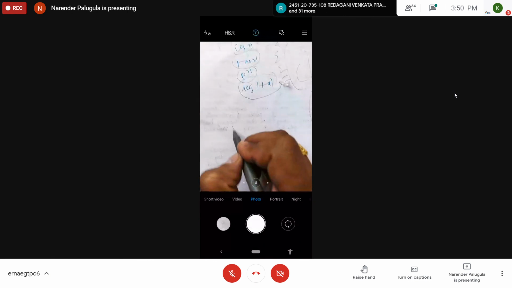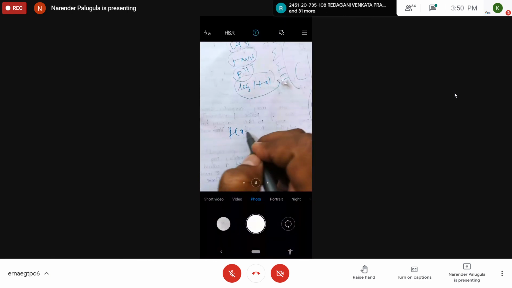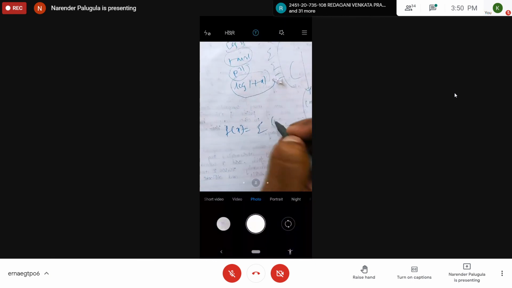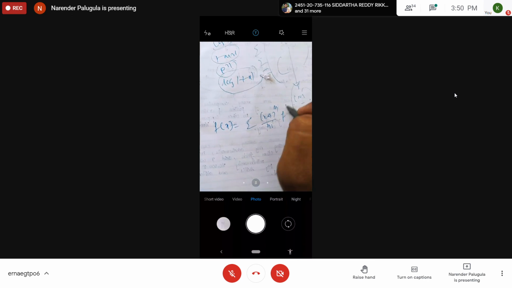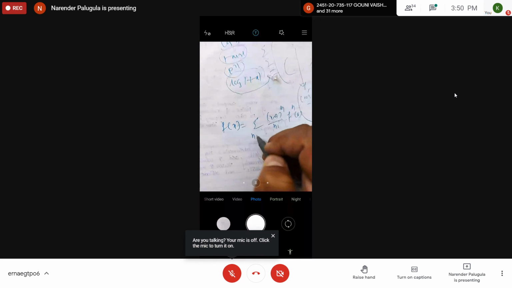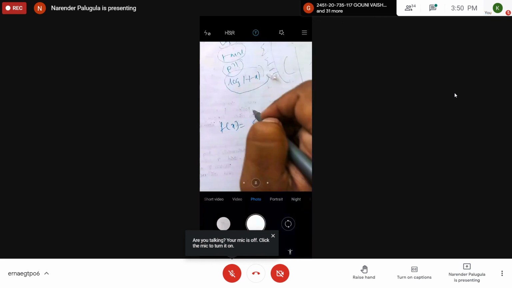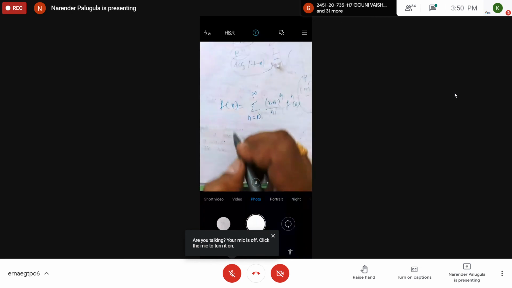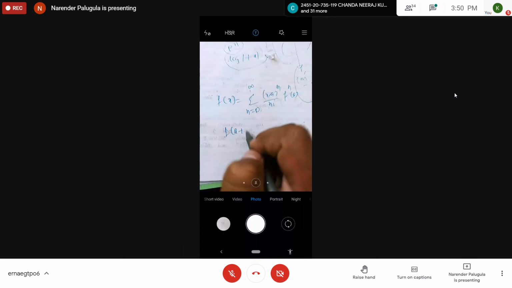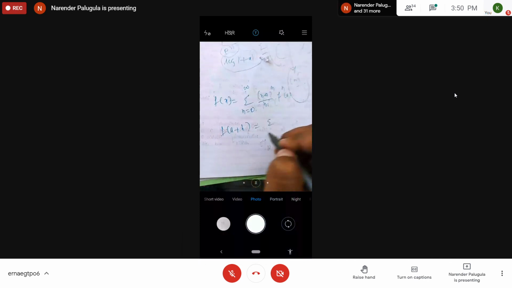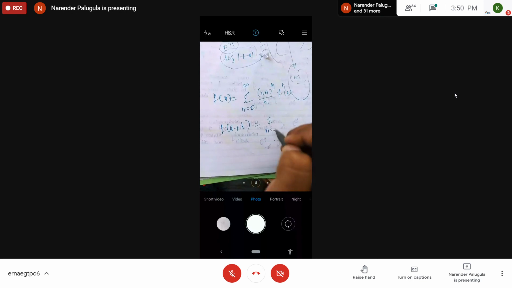In this theorem, till now we learned f of x is the sum of (x minus a) power n by n factorial into the derivative of the function at a, where n goes from 0 to infinity. And one more formula we got: if x is equal to a plus h, then f of a plus h is equal to sigma n is equal to 0 to infinity,